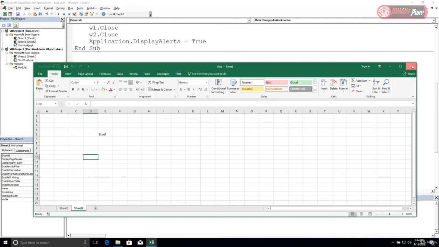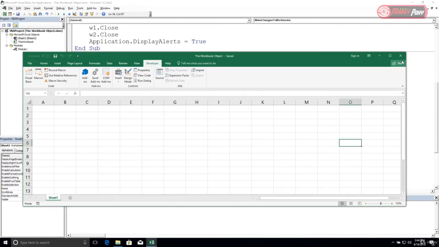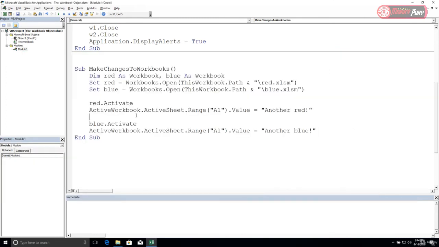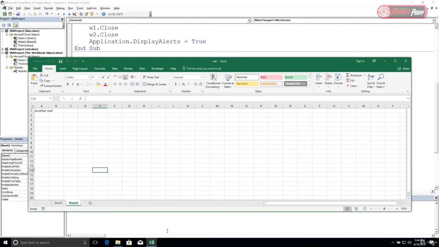So now, in theory, if I rerun this macro right here, we should be able to repeat the exact same logic, but now we're going to write another red and another blue into the second sheet in each of those respective workbooks. So when I execute this, let's see what happens. Because we did that, if I go to red, we can see that another red is now written in cell